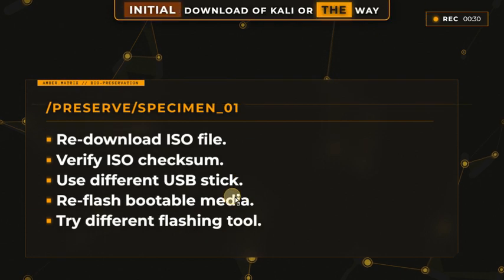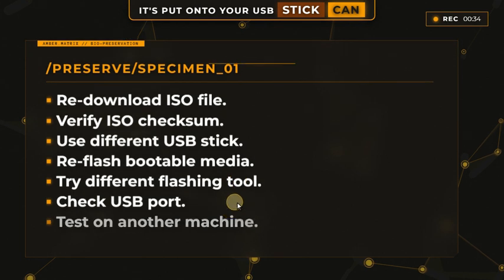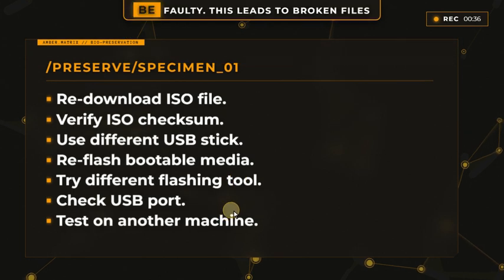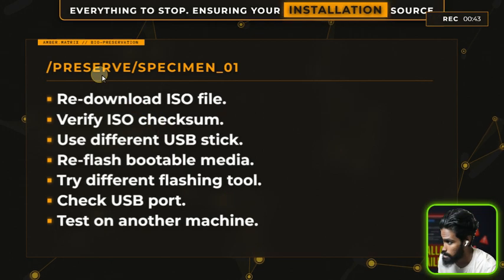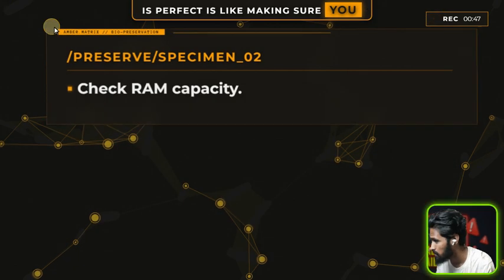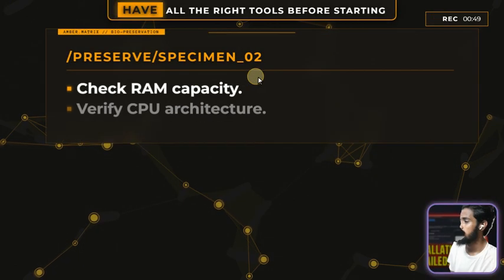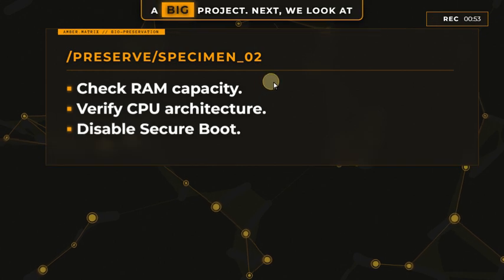First, we tackle issues with your installation drive itself. Sometimes the initial download of Kali or the way it's put onto your USB stick can be faulty. This leads to broken files that the installer just can't read, causing everything to stop. Ensuring your installation source is perfect is like making sure you have all the right tools before starting a big